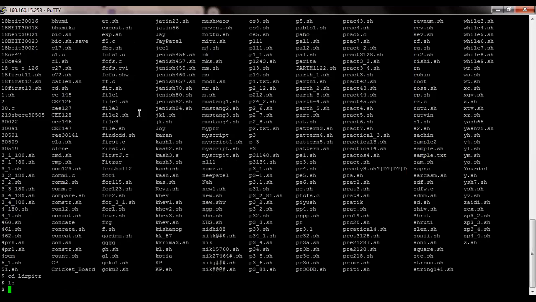Here I have made one file using the touch command. Touch means with the help of touch I can make a file.